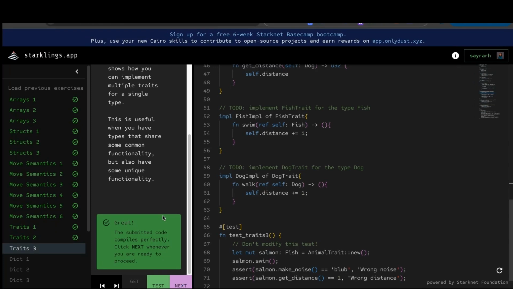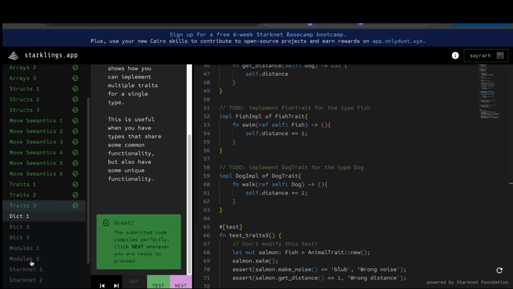Yes, our code compiled successfully. And so this has brought us to the end of the trait challenge. In the next video, we are going to be solving the dict, and we